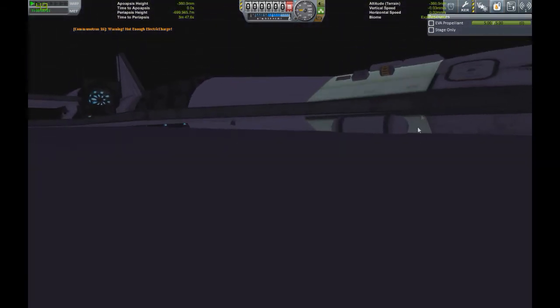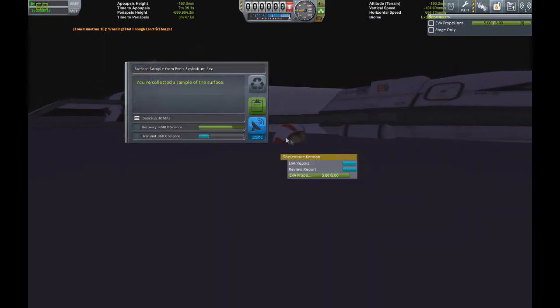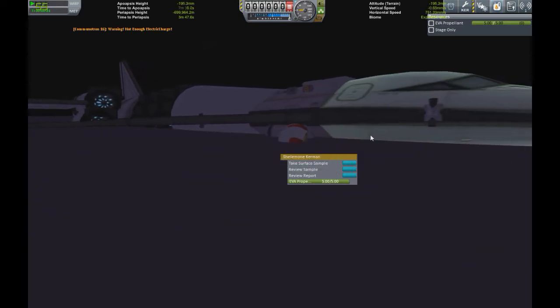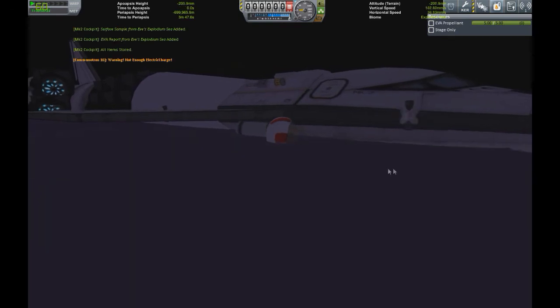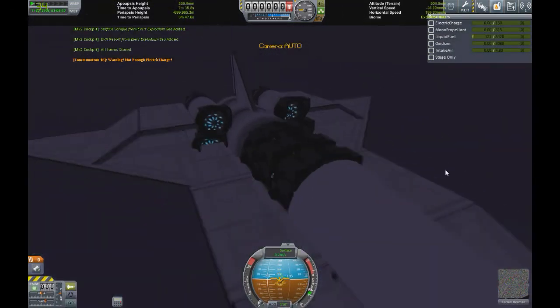And yeah, our main goal is to time warp and get the solar panels out, but I'm just gonna get some science from the ocean. Why not? And so I can right click and store the experiments even though I'm not anywhere near the capsule. So that's good. So I time warp